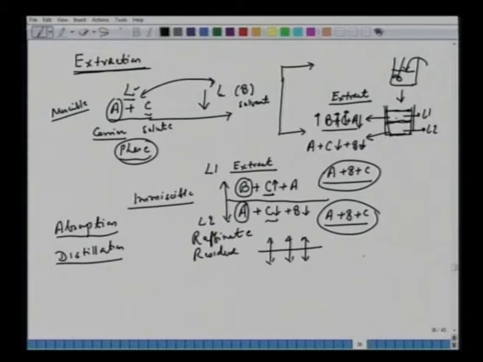Here the mechanism is also about solubility, but note that the solubility is not just about C. We are now talking about the solubility of all three components, A plus B plus C. To what extent is there a carryover of B in this? To what extent is there a carryover of A? And of course partitioning of C, with larger solubility in this extract phase, and a very small amount of carryover of C in this raffinate phase. So solubility is the mechanism, and see the difference between these and absorptions.